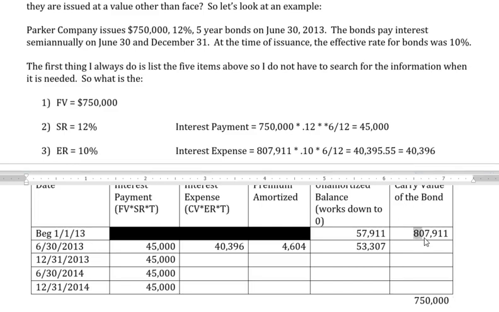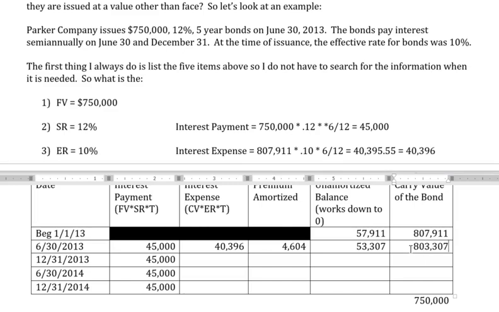This helps me realize which direction I need to go, because in a premium, we work our way down to face, but in a discount, we work our way up to face. So I start at 807, I need to be at 750. That tells me I need to subtract. So I'm going to take 807,911 minus 4,604,